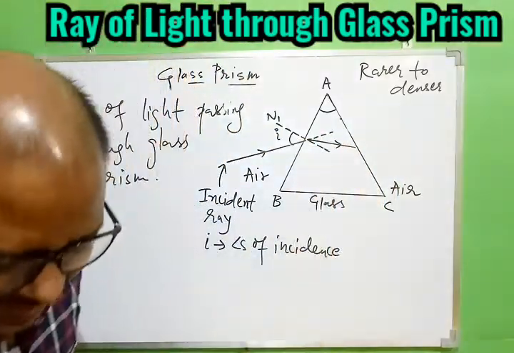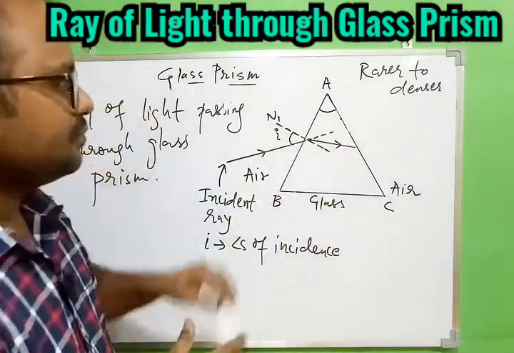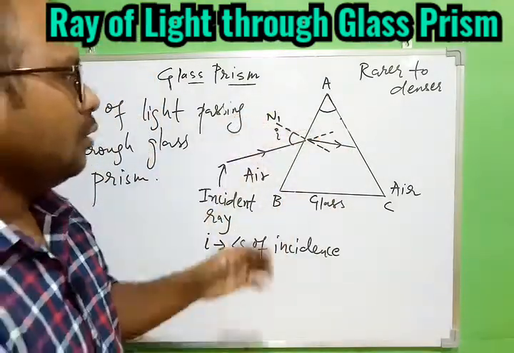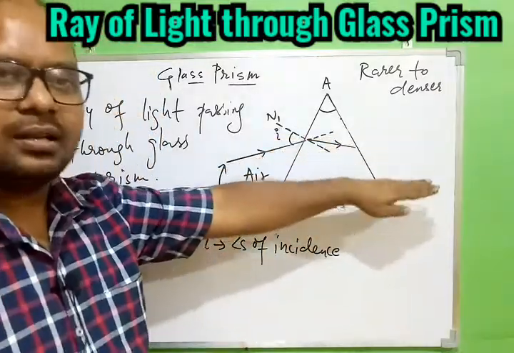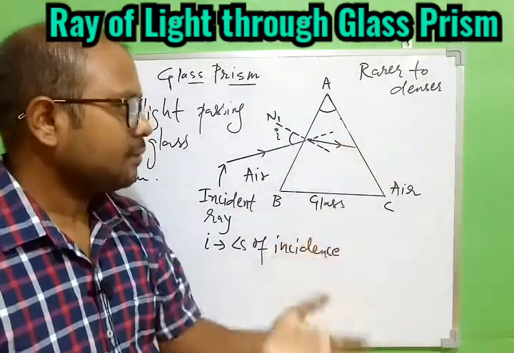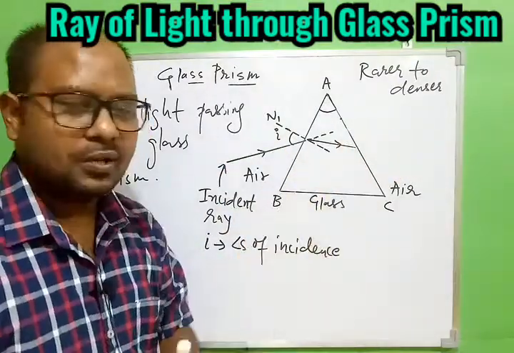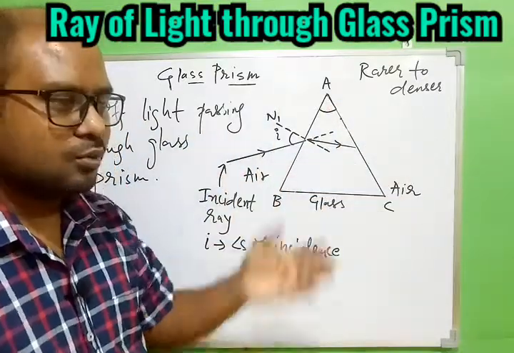So I hope you are able to understand this. This is just to understand that if the ray of light were allowed to pass straight away, this dotted line would be the real path. But since we have placed the prism, now the ray cannot pass straight away because there is a change in the medium, so refraction will take place, and we know the light traveling from rarer to denser, air to glass, will bend towards the normal.